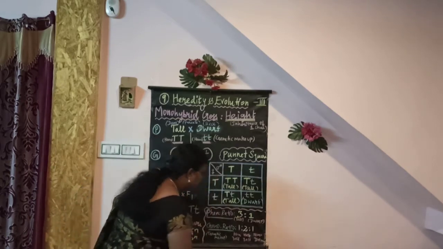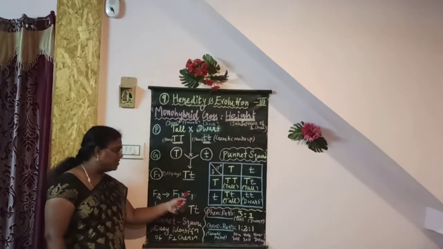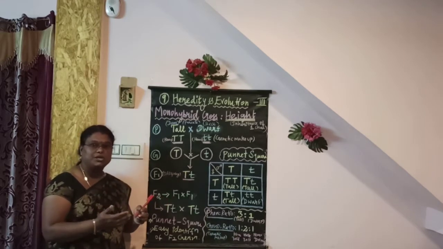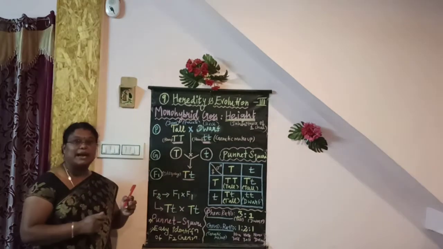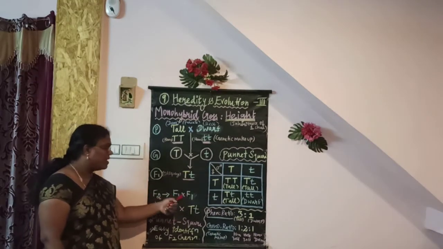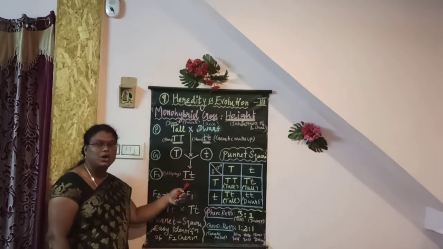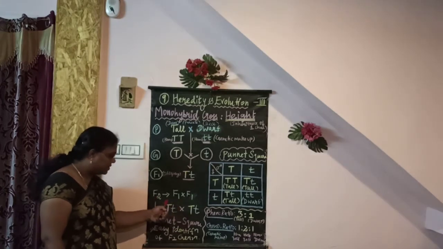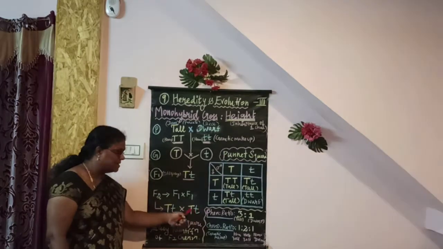F1 generation. So in F2 generation he crossed F1 with F1. See, this is F1, so he got offspring in the F1 generation. Those offspring he self-crossed again. That is called F2 generation. F2 generation is F1 into F1. In F1 what he got? Heterozygous tall plant. So in F2 generation, heterozygous tall plant again crossed with heterozygous tall plant, same.